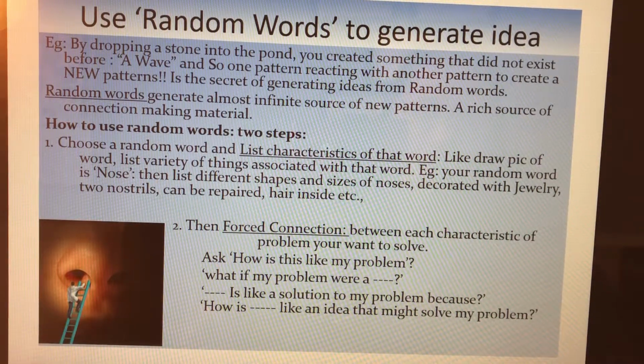It needs practice, just like a muscle. You need to practice every day. You need to have a passion. You need to be serious. And random words are just waiting for you. If you want a random word, go to randomwordsgenerator.com. Go to the website and you'll have plenty of words, verbs, adjectives, nouns, anything you can choose from there.